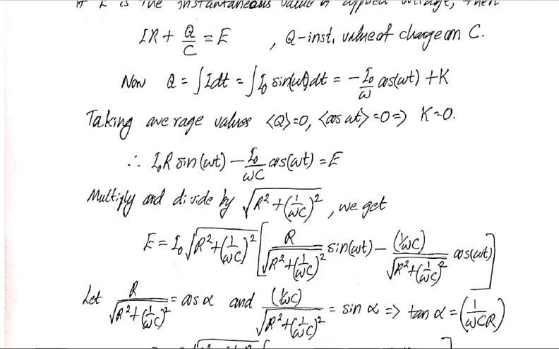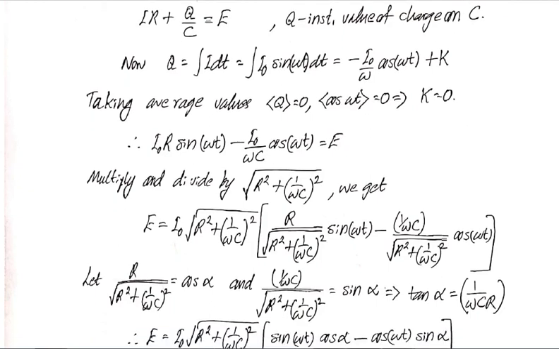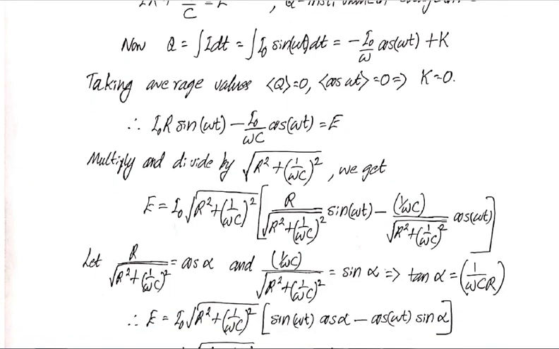Now alpha is a new constant, so we have to define alpha. From this we see that sin by cos, which will be equal to tan. Tan alpha is equal to 1 by omega c by r, that is equal to 1 by omega c r. That is tan alpha. Using the substitution, we see that I is equal to I0 root of r square plus 1 by omega c whole square into